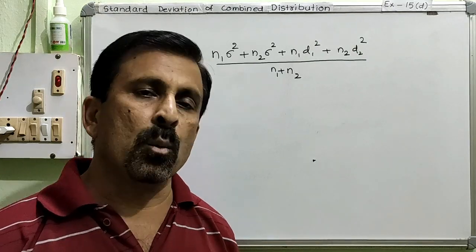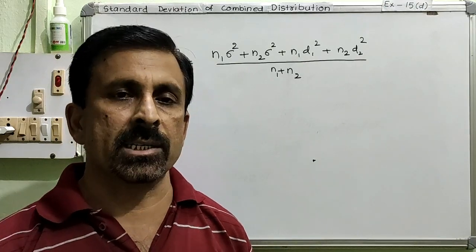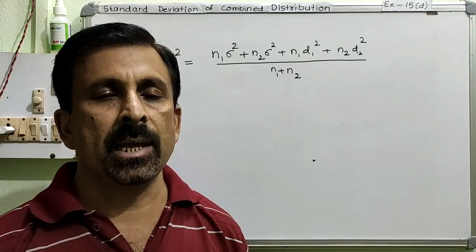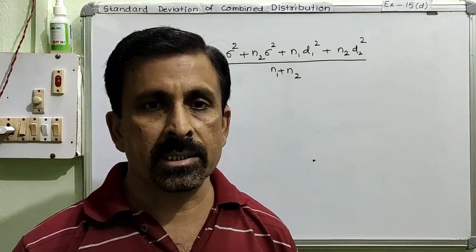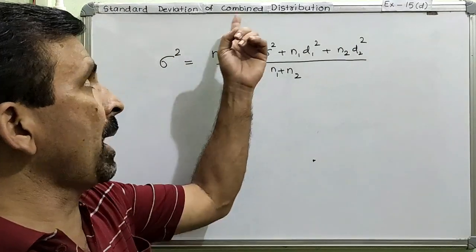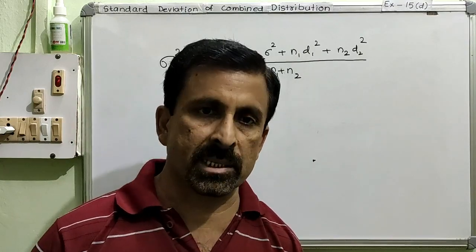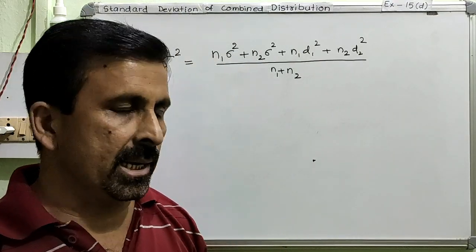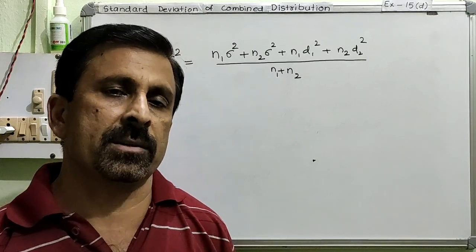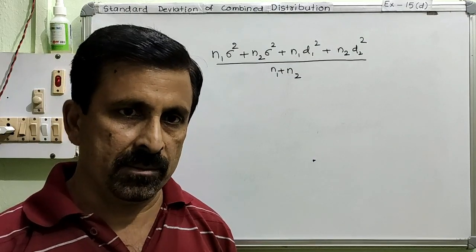But now we are going to have more than one set of data. So if we have multiple sets of data, then how do we calculate the standard deviation? That is called the standard deviation of the combined distribution. Combined distribution means we will have more than one distribution. Is this very clear? So basically in our curriculum we have two distributions at a time. We have two sets of data in the question.